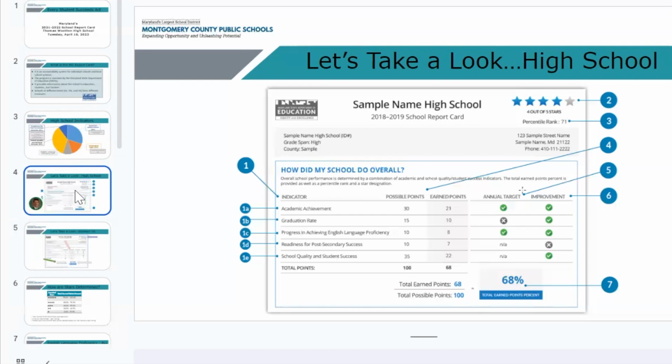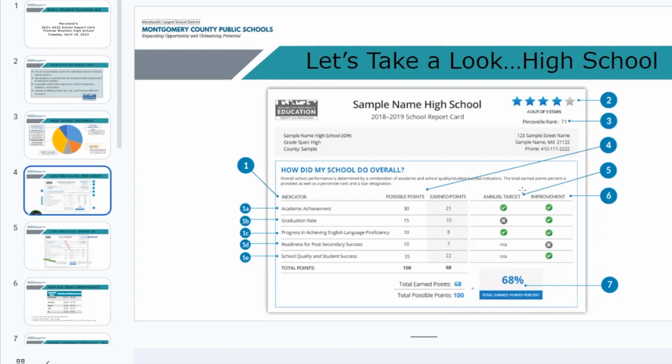Then it's going to show you in column number 3 what are the annual targets and whether a school improved. So in order to determine success, a target has to be identified. And before, really, schools used to be measured on how many students you had meet that target. But this measure actually has another component called improvement. So schools meet their annual target and need to meet improvement in order to be fully successful. So you'll see this example school did that under academic achievement.